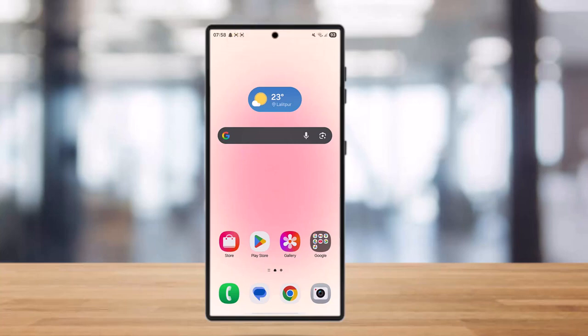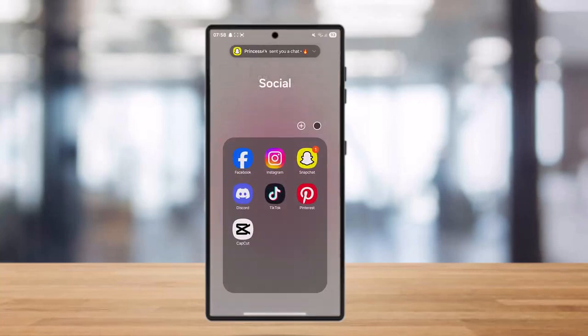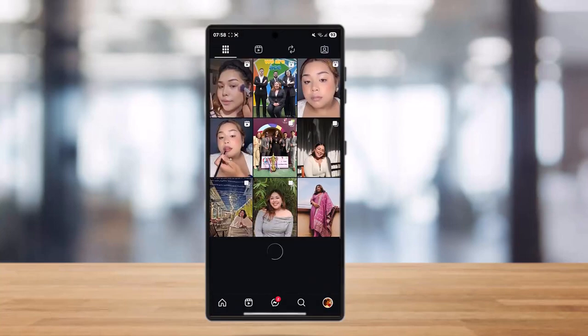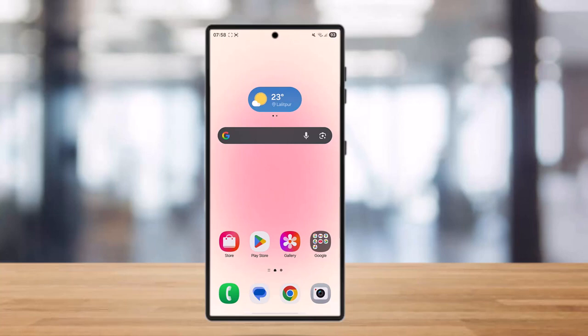So if you want to set up your Shopify store with integration with your Instagram, you need to simply prepare your Instagram and Facebook accounts first. You need to simply use your Instagram business account. You need to go to your Instagram and switch your Instagram into a business profile. After this, you need to link your Facebook page with your Instagram business, and now you need to log in